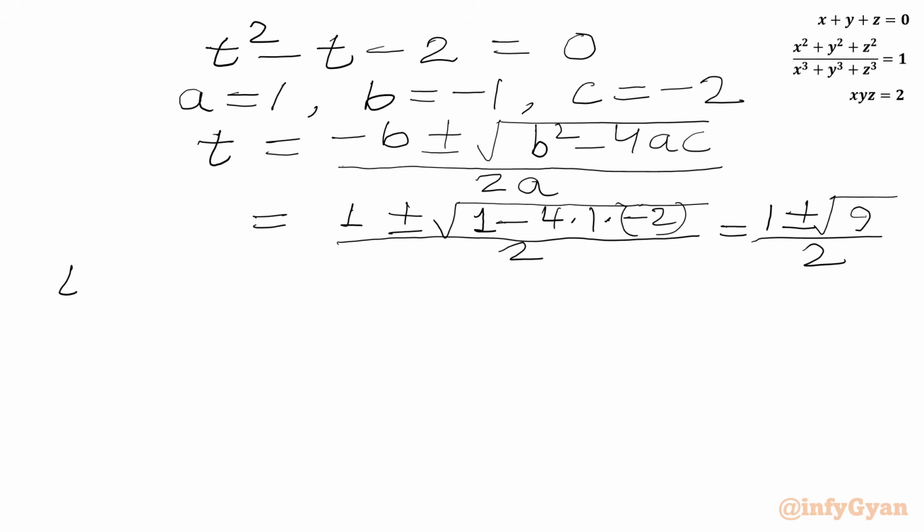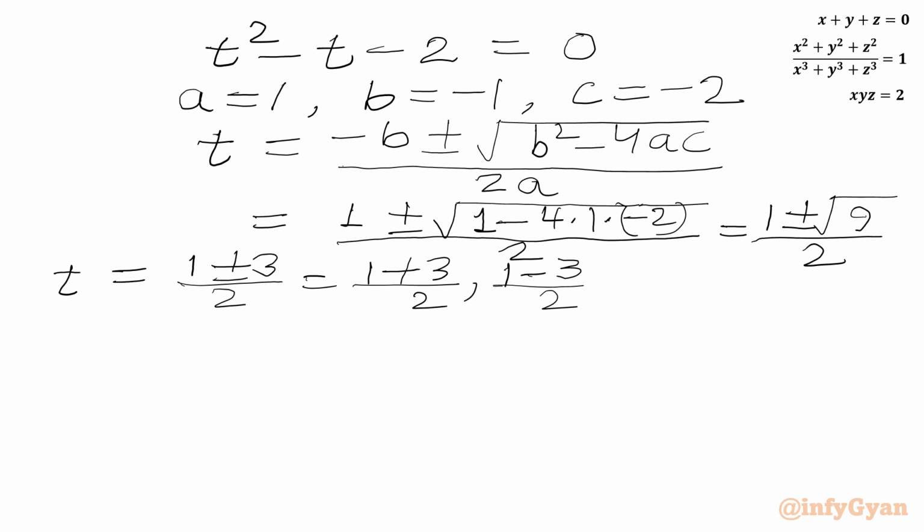Now we know that square root of 9 is 3. So we'll be writing 1 plus minus 3 over 2. So I can write two values of t, 1 plus 3 over 2 and the other value 1 minus 3 over 2. So 1 plus 3 is 4 over 2 is 2, and 1 minus 3 is minus 2 over 2